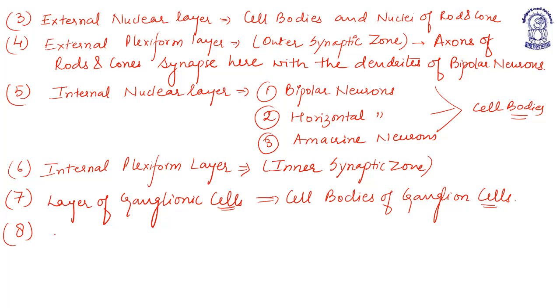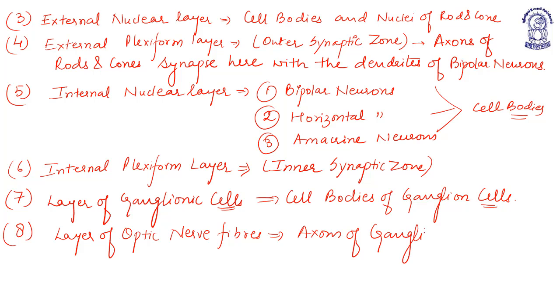Then the axons of these ganglion cells merge to form the layer of optic nerve. So layer by layer we have discussed the axons of ganglionic cells forming the optic nerve, which is the second cranial nerve